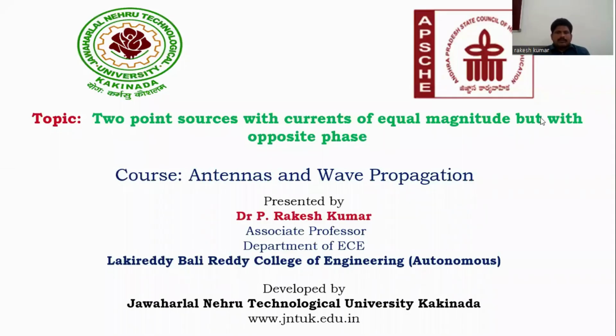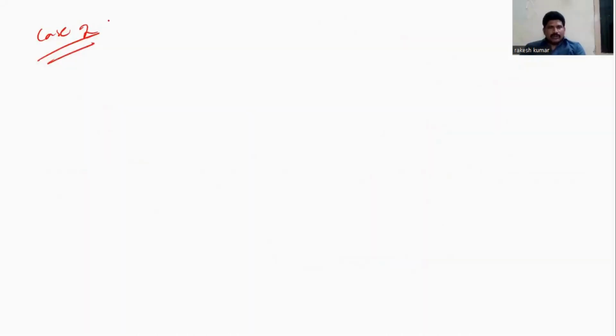In this video, we'll discuss two-point sources with currents of equal magnitude but with opposite phase, which is case 2. Case 1 was two-point sources with equal magnitude and same phase. Now case 2, that is two-point sources